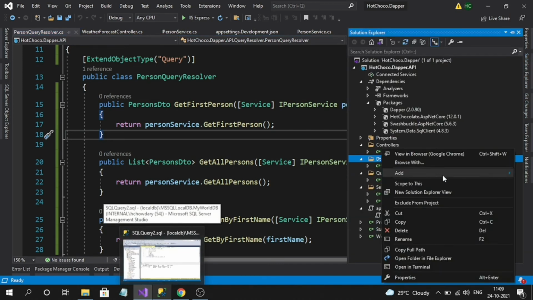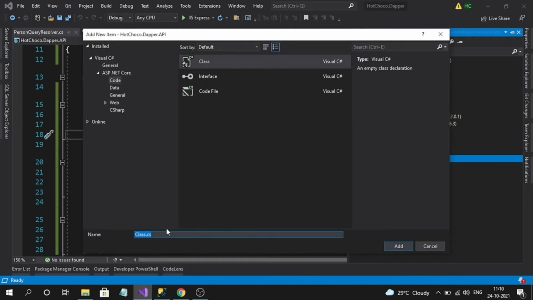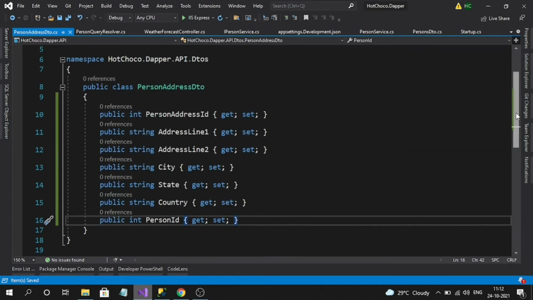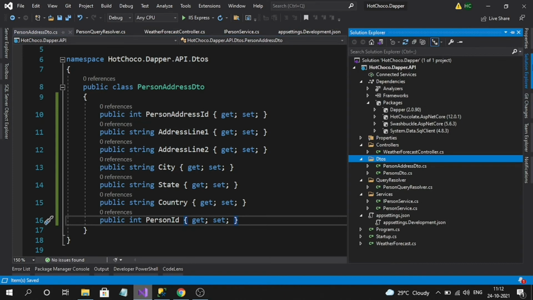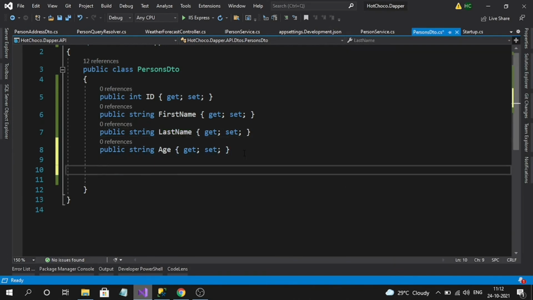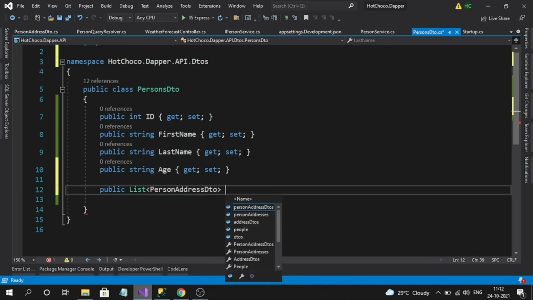So in the DTOs, my person address DTO looks like this. So let me add a relational property, that is a navigation property, like a person can have a collection of addresses. Okay, person address DTO.